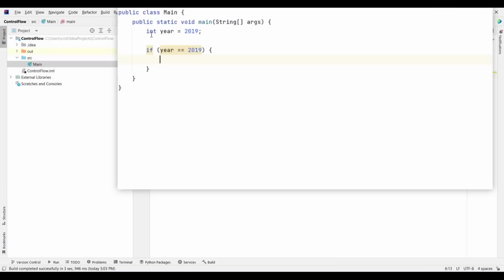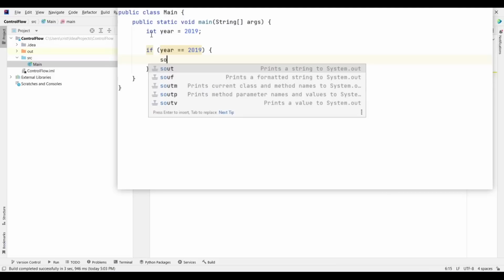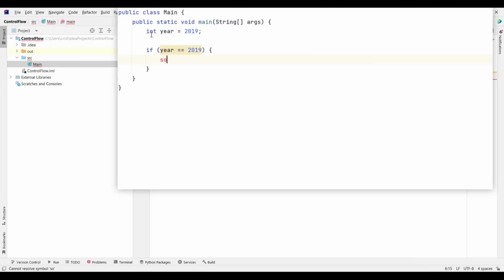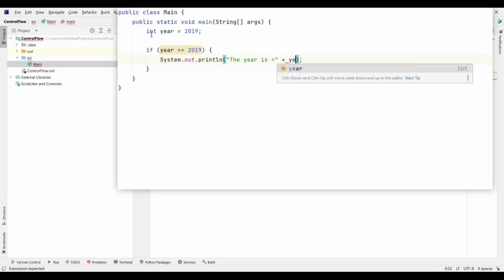Next I will type SOUT, the shortcut for system.out.println, and I will type here the year is, I'm going to put equals, and here I will type plus and our variable year which we declared above.